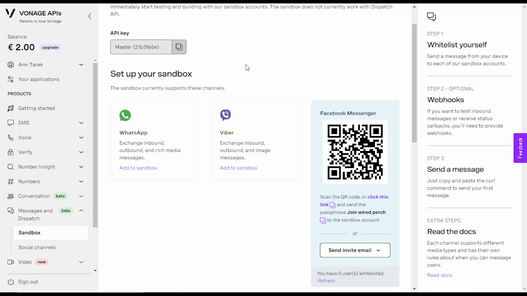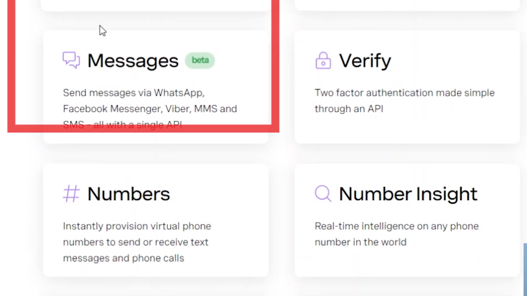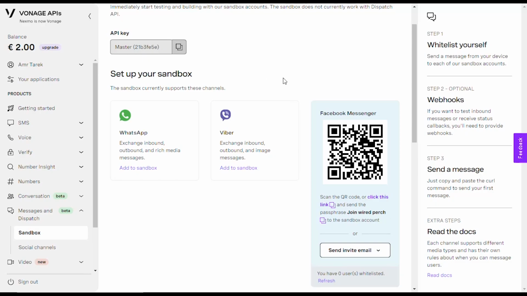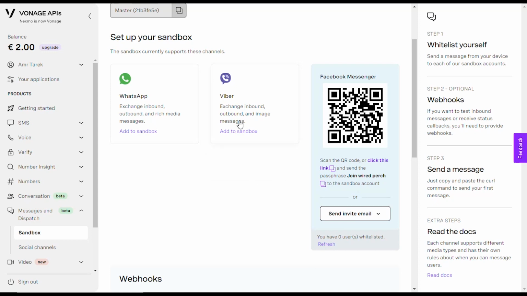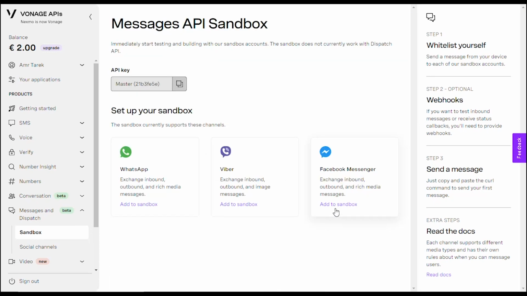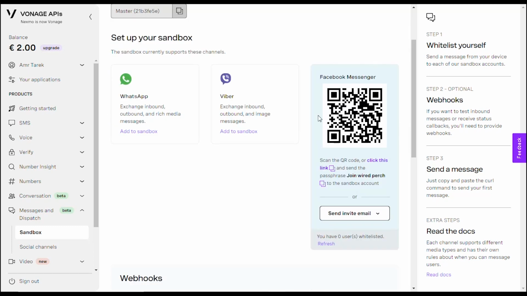So after you register on Vonage API with the email and the password, please make sure that you choose Messages when you register, okay? I can't register again because it requires a new phone number, but please check you choose Messages, Messenger when you register, okay? Then click add to sandbox on Facebook Messenger. They'll give you a barcode to send to your friends to get their IDs.